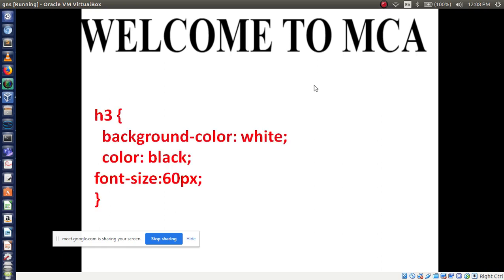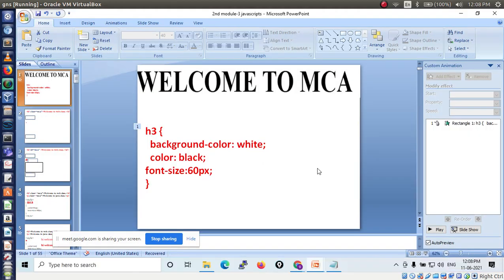Now tell me which kind of selector I am using here. Can anyone guess and tell me? I am defining "Welcome to MCA" and using this code, a simple selector.